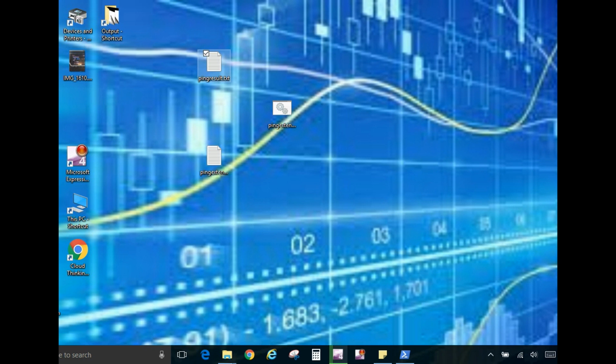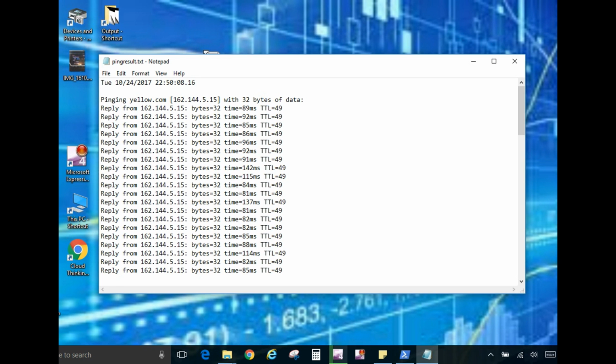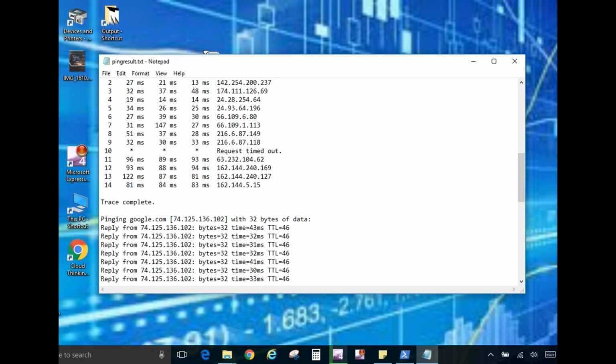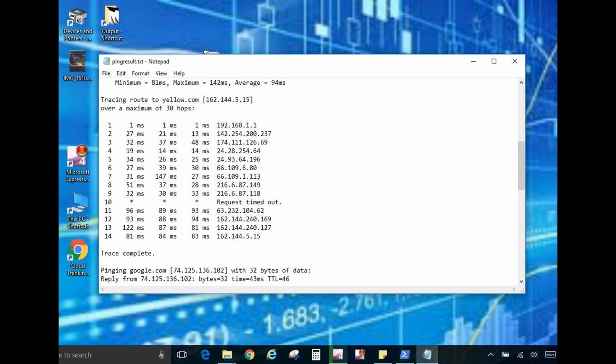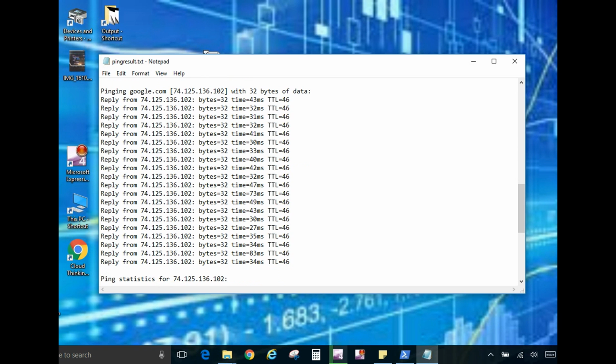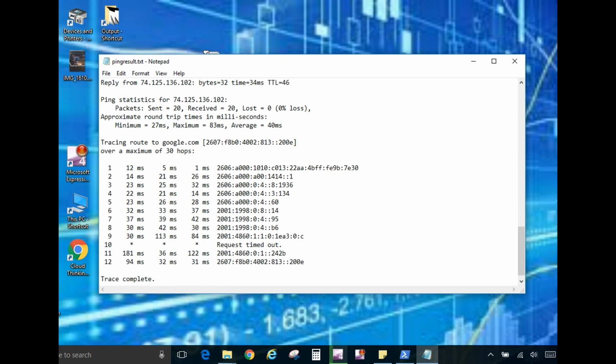Let's open those up. It's going to have the date and time. This stems from that percentage date, percentage time command that we put in. And it's going to have the ping results for yellow.com. It's going to have the trace route results for yellow.com. And it's going to have the ping results for Google, and as you can see, there's 20, provides all the statistics, and then the trace route,